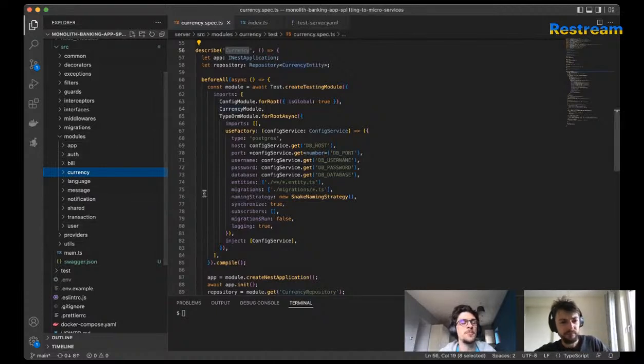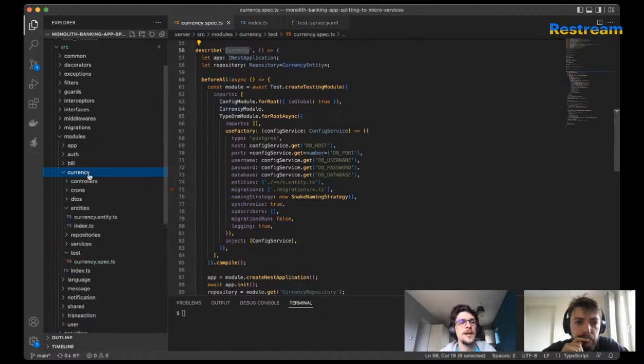We can decompose them by combining a few modules in one, or we can just take one module as a service overall. So our idea was to take this currency thing and detach it from the monolith as a separate thing.